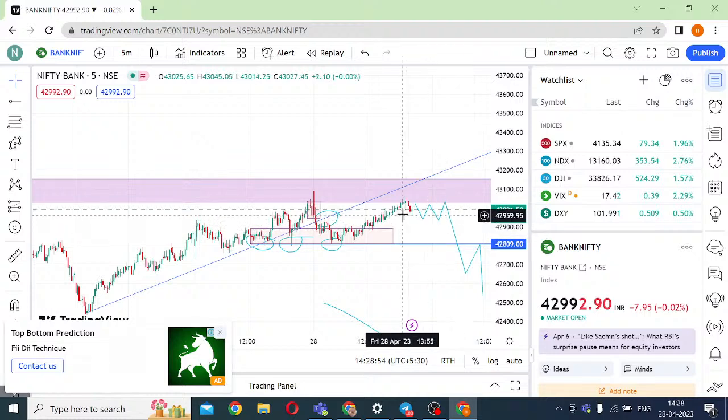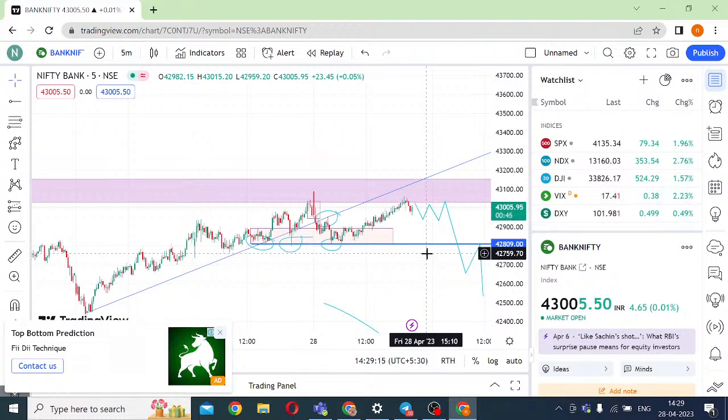So, where am I looking at shorting? If you see this trend line, it is the same concept: you have a sharp trend line liquidity. I am looking at shorting below these levels. I have given 42,920 as a good range for me to short. Once it comes below 42,920, I will take a short trade for the targets of 42,750. Will it happen immediately or not is not known, right?